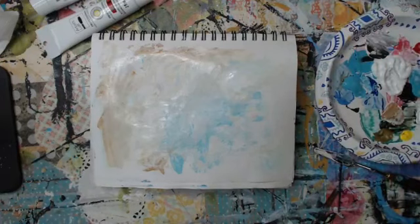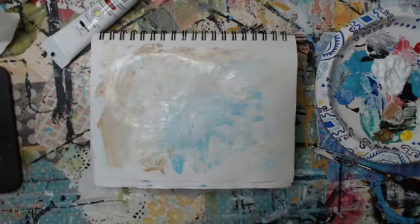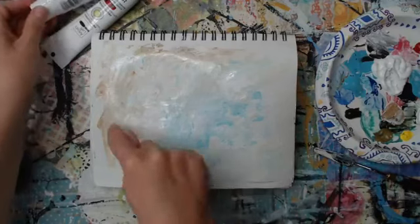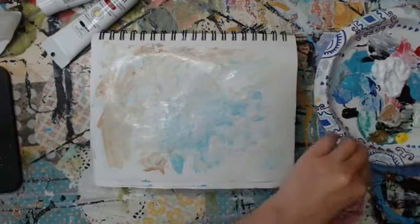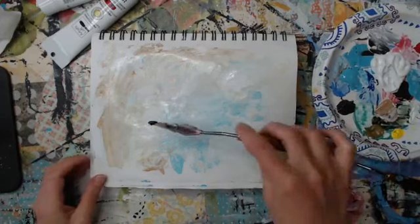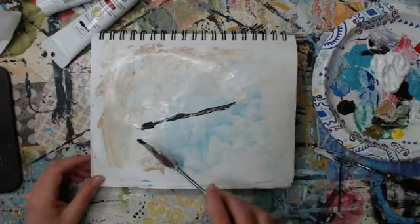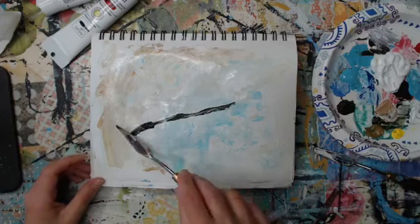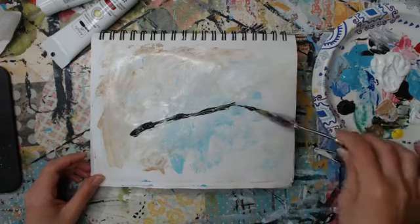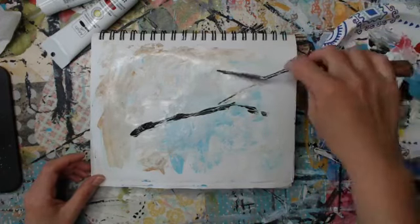Hi, Kim. Okay, so the next thing I did in the original painting was put in some green that was like a branch that went all the way across here. So I'm just going to take some of this sap green. And of course, we're doing a smaller version than the one that I did. So we'll have one little flower here and one larger one here. And after I did like a little branch that went across like this, then I just took the side of my knife and made some lines